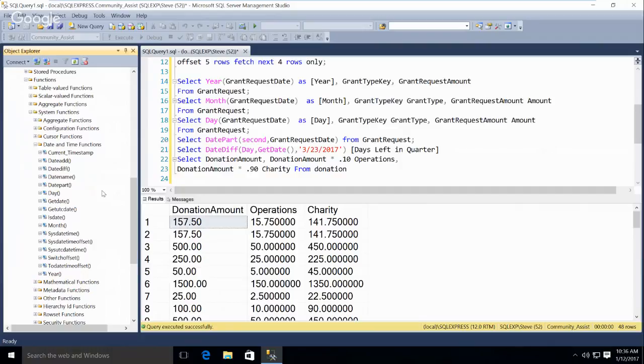DatePart, day, get date, get UTC date, is date, check if it's a date, month, system date, time, system, etc. So these are the date and time functions. If you look at just the